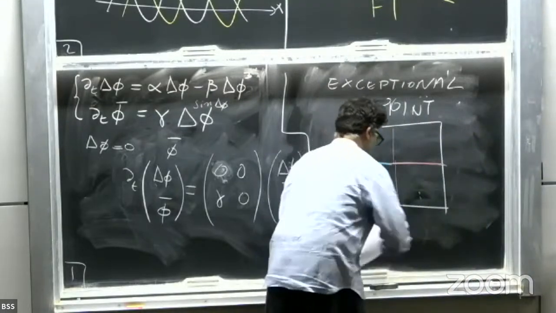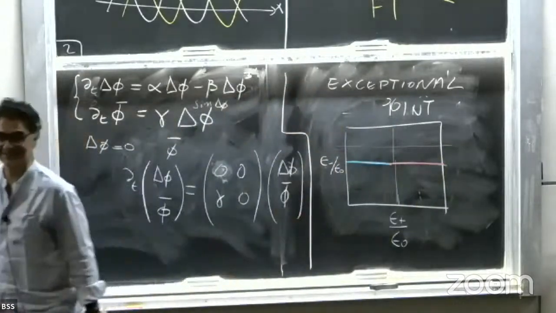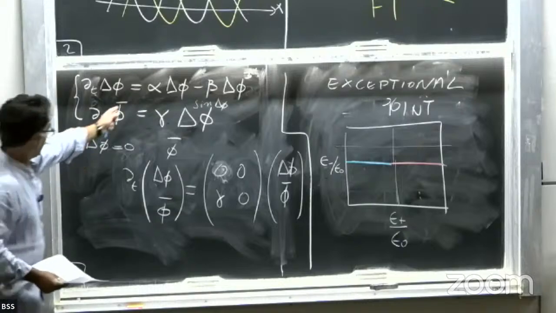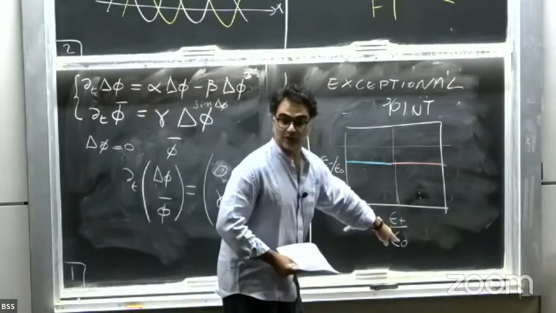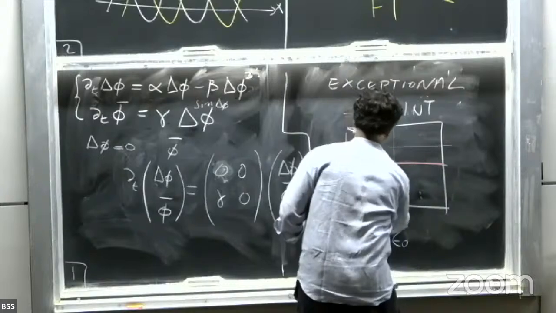But if I am at a finite value of non-reciprocity, I know that I can have the time-dependent phase, right? In particular, when epsilon minus is large, that's what we calculated, right? But how large does it have to be? Well, that will depend on alpha and beta, right? And since alpha and beta depend on these quantities, once you know that dependence, you are able to draw the following